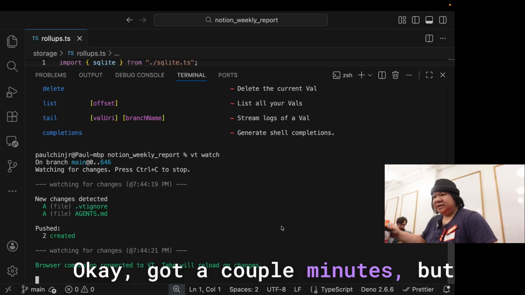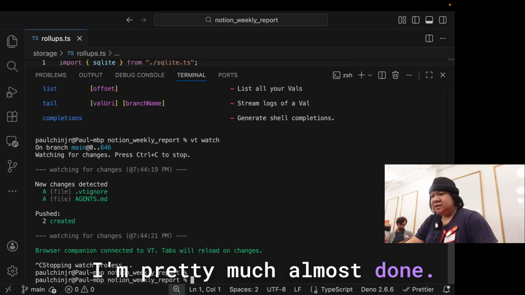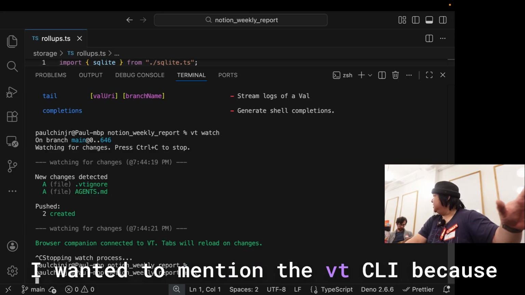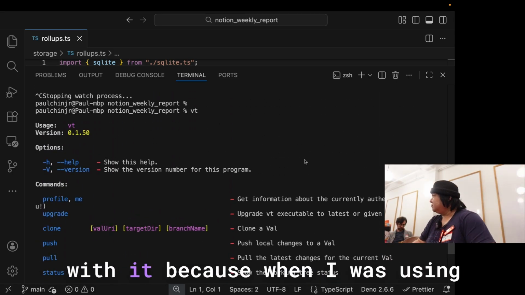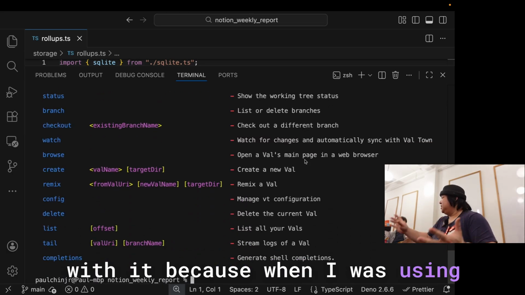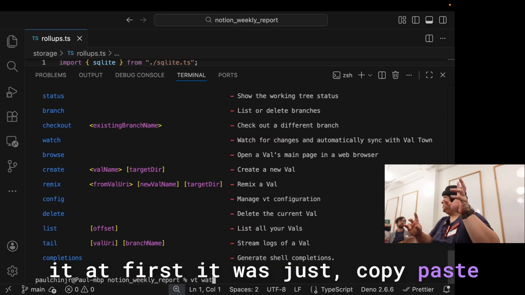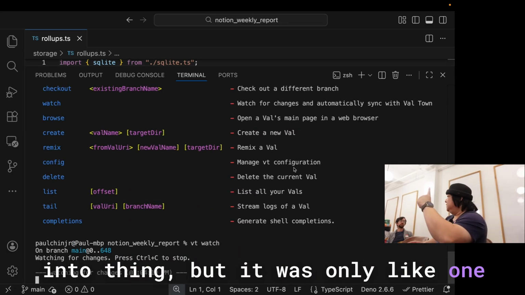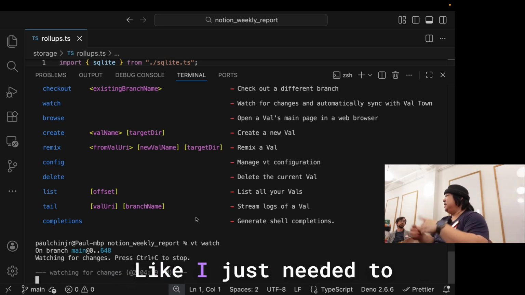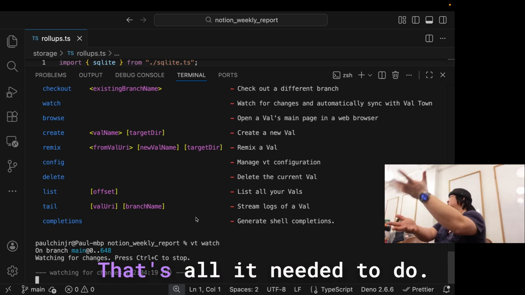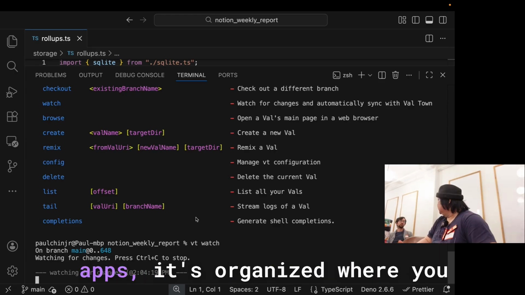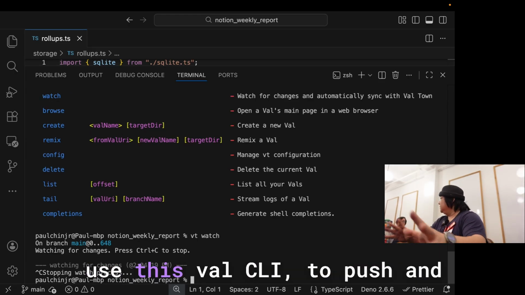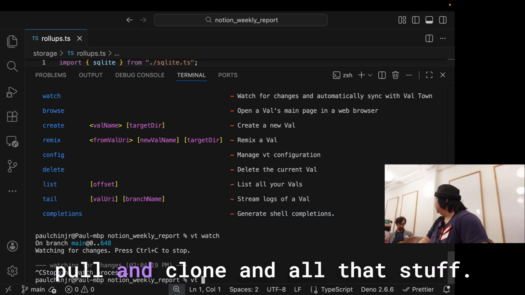Okay, got a couple minutes, but I'm pretty much almost done. I wanted to mention the VT CLI because this is primarily how you'll develop with it. When I was using it at first, it was just copy-paste into the thing. But there was only one function at a time, so it was fine. Like I just needed to check the Overwatch point. That's all I needed to do. But now that they're full-on apps, it's organized where you use this val CLI to push and pull and clone